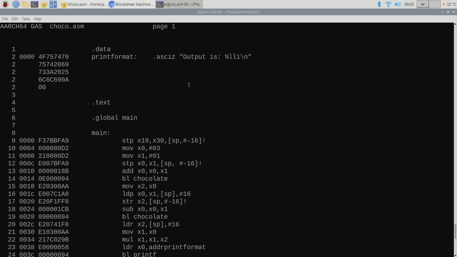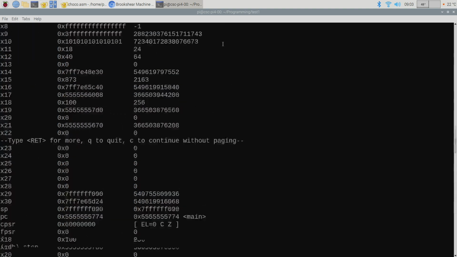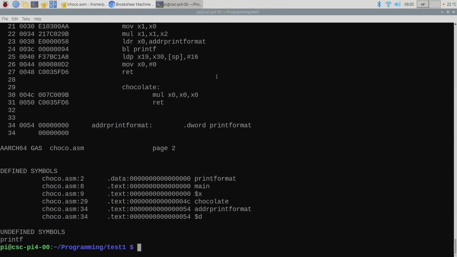Wouldn't it be nice if I could save that to a file? Yeah? Okay, so here's how you save it to a file. I'm going to use what's called a pipe, okay?